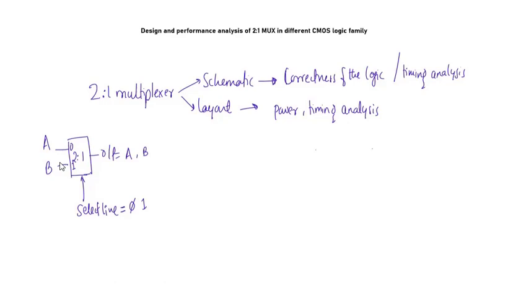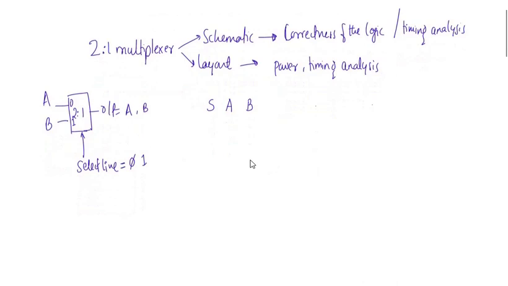Okay, if I want to consider the truth table, let me just mention S, A, B. And these are the two inputs A and B. S is also a kind of input because it's a select input. A and B are your major inputs which you are going to select based on the input that you get in the select line. So let me complete this truth table by putting all the combinations of inputs, and then finally I'm going to see what will be the outcome for different logical inputs.